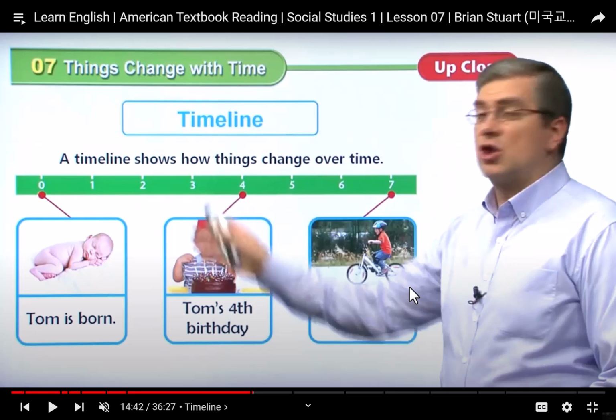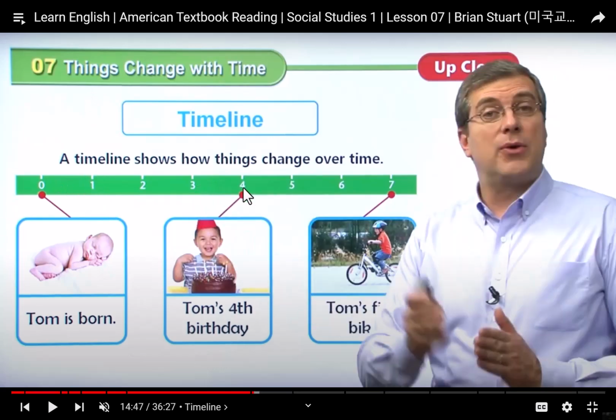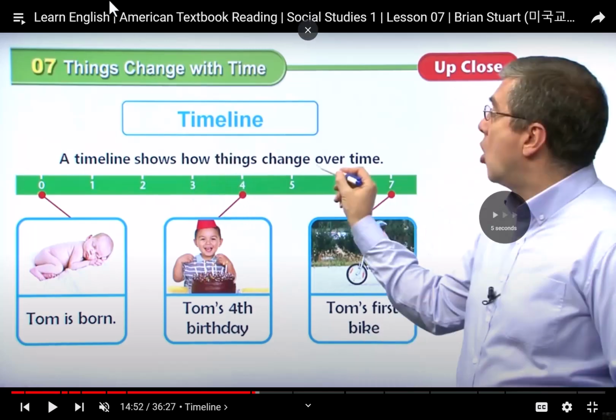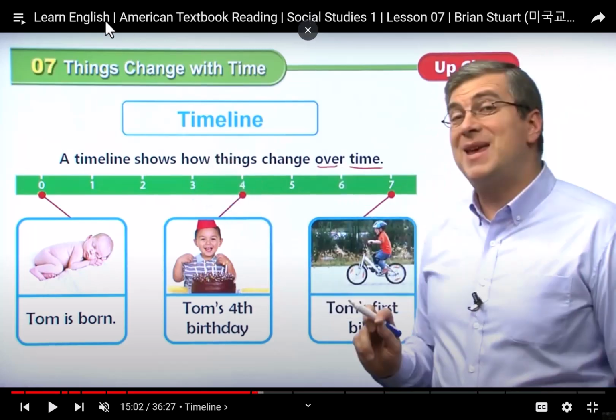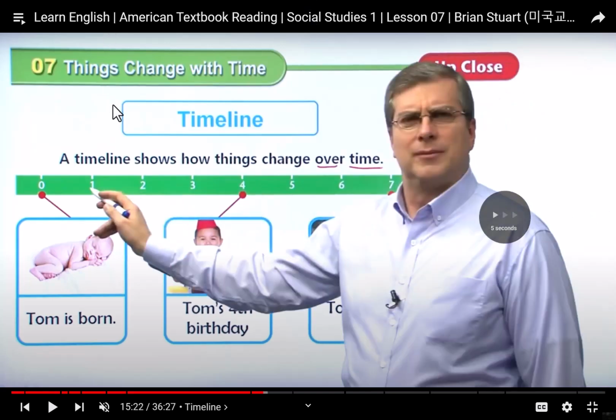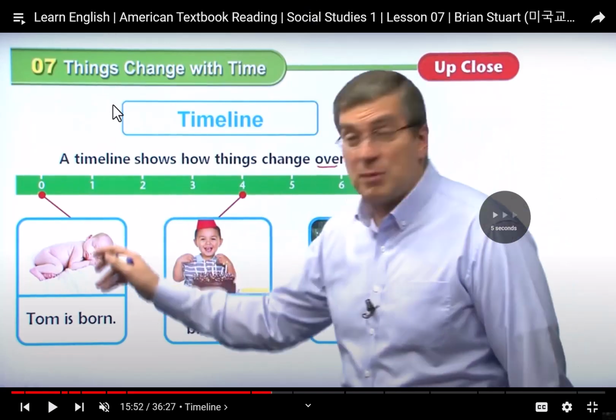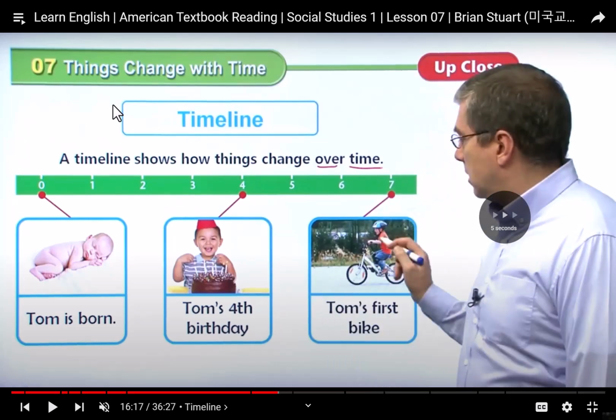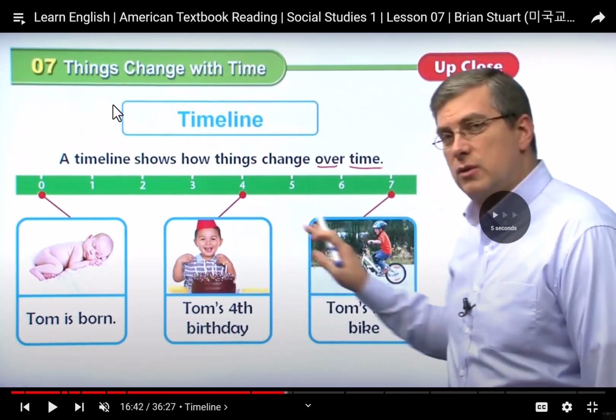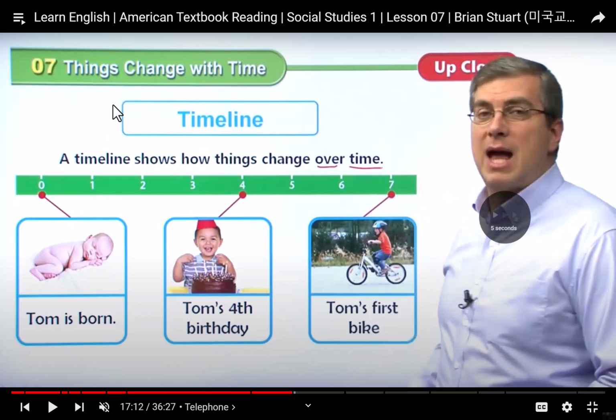Timeline. A timeline shows how things change over time. Like if Tom was born, now he's 0 years old. Tom's fourth birthday party is when he's 4 years old, and Tom's first bike ride is when he's 7 years old. You see here, a timeline shows us the number